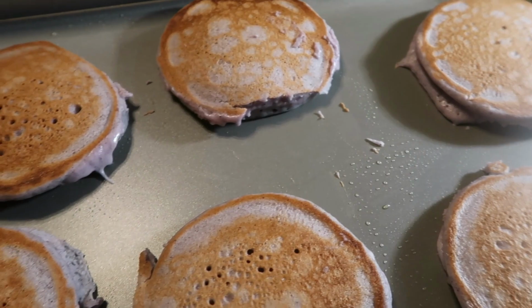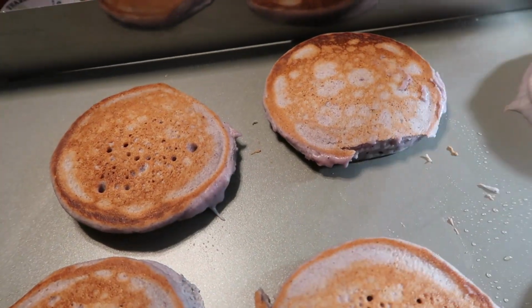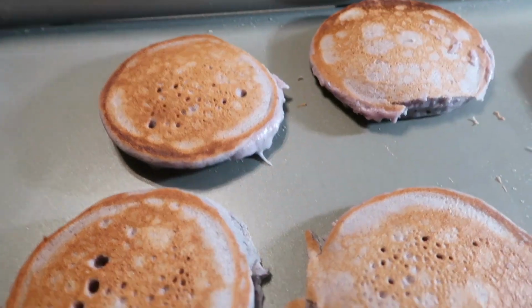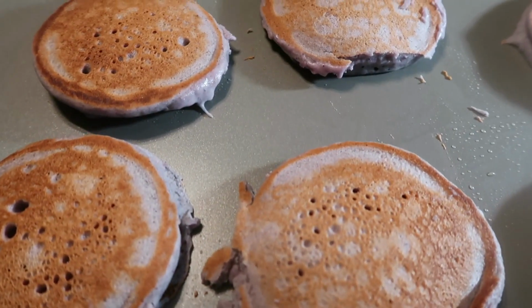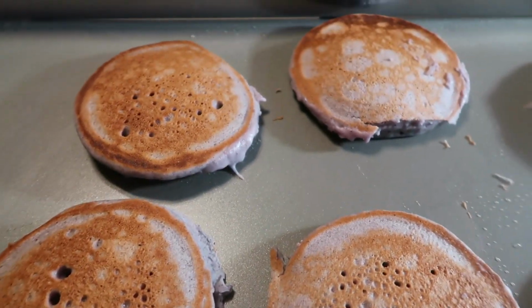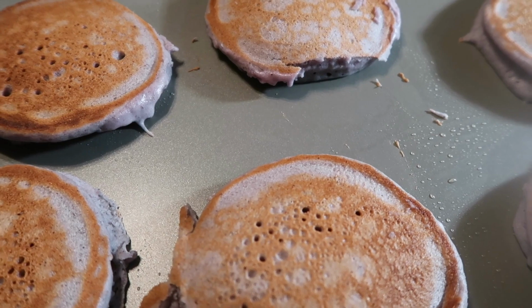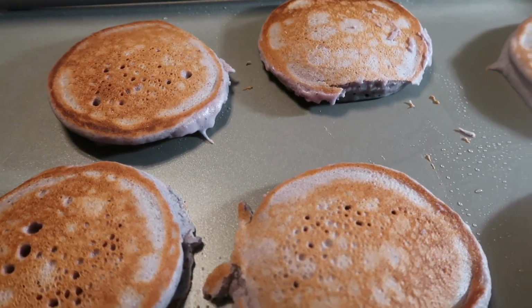I'm loving this machine. And I love that it has this little backsplash. Just keep it wiping. I love that you can even slide things down to this little hole. Mommy, you got a plate ready? But it looks fantastic, you all. So once I take these off, we're going to put on the bacon and the sausage and see how it does with that. So far, it is doing